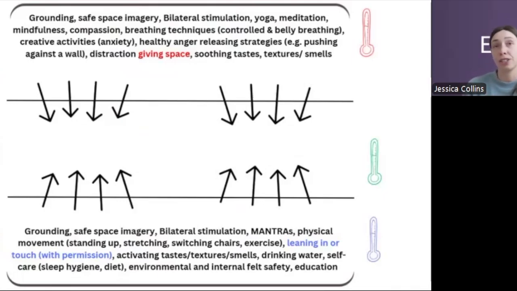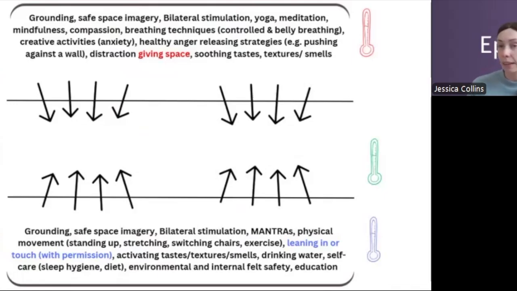So some of the strategies that we might use to help slow people down is deep, slow breathing. What we know about this is that it almost provides a bit of feedback to our nervous system. If I'm breathing slowly, I'm telling my nervous system that we're fine. If I was running away from a tiger, I wouldn't be doing deep, slow breathing. I'd be doing really fast, rapid breathing to run away. So if we tell our system that we're safe by using slow breathing, that can be really helpful.